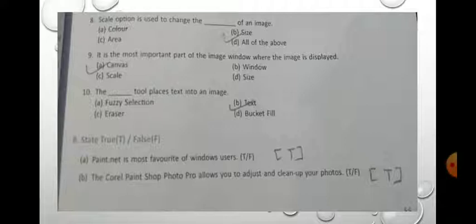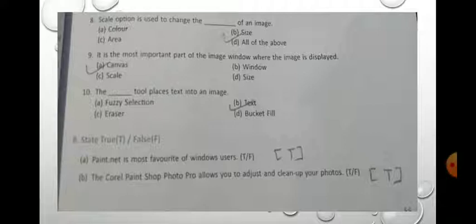Options are canvas, window, scale, size. So the correct answer is canvas. Canvas is the most important part of the image window where the image is displayed.